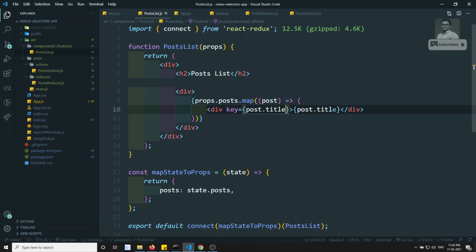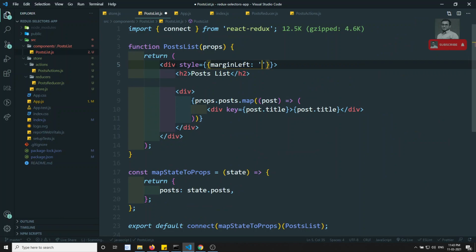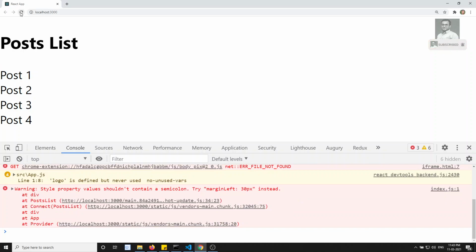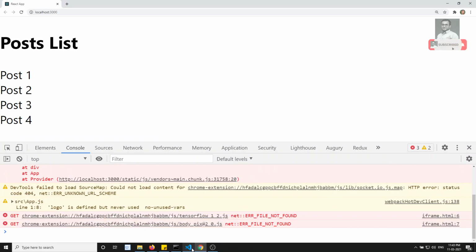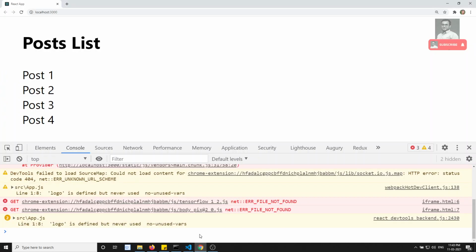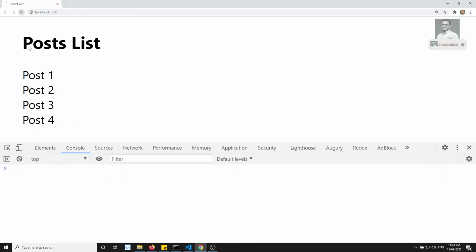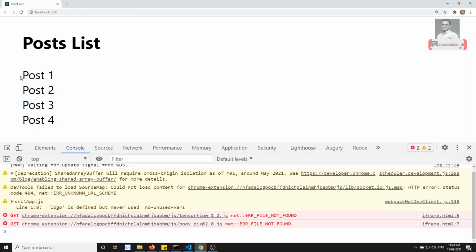Now I will just apply a style here so that it comes on the left side, around 30 pixels. If I try to see the output, it needs to move aside. Why isn't it moved? Here style is equal to margin left. I have added the style with margin left. Perfect, right? So what is the problem? It is unable to show. Yeah, now we are able to see it. I added a semicolon, so that is the reason the error came. Now in the post list we are able to see the post.